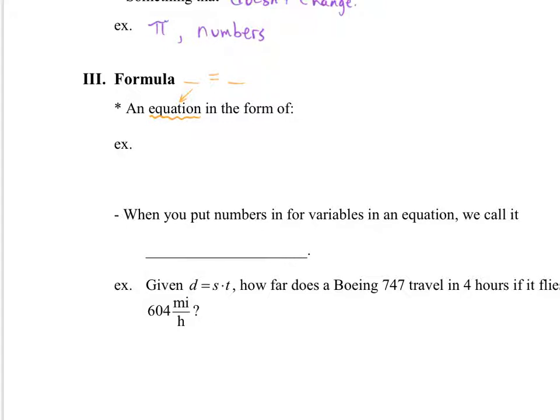A formula is an equation in the form of one variable equals something. So it could be something real simple like x equals 5 technically is a formula because it's one single variable equals something. Most often, though, we have things like A equals pi r